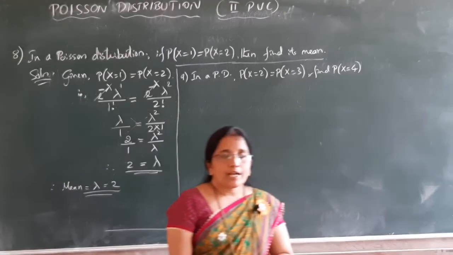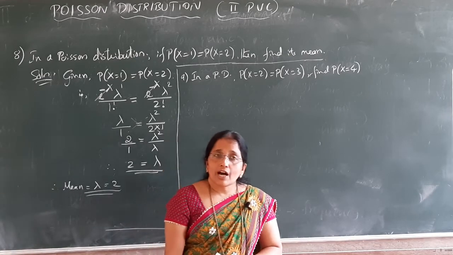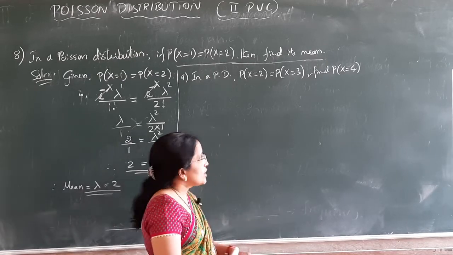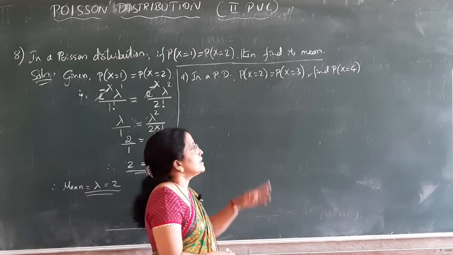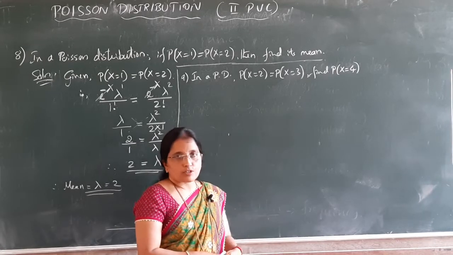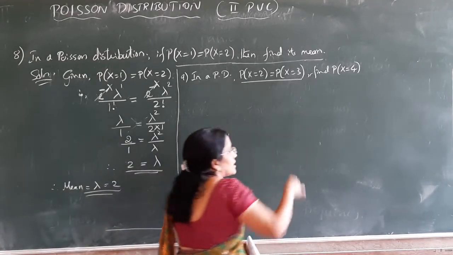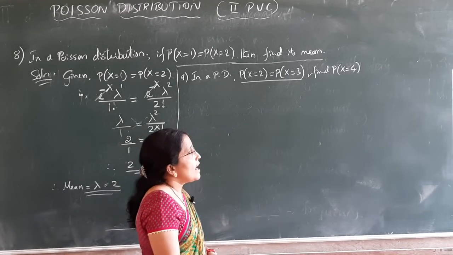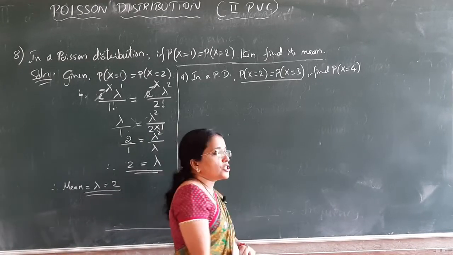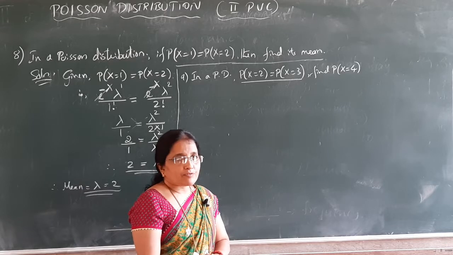And here the parameter is lambda, which is not known, but now we can find lambda with the help of the given information, right? So with the help of the given information, first find lambda, and after finding lambda, substitute in the probability mass function